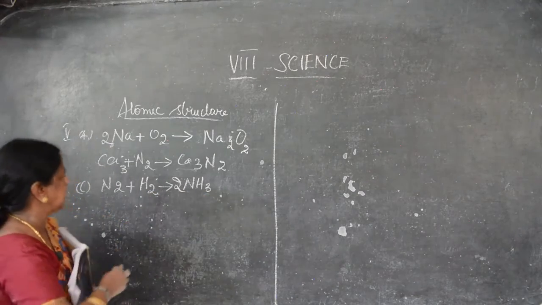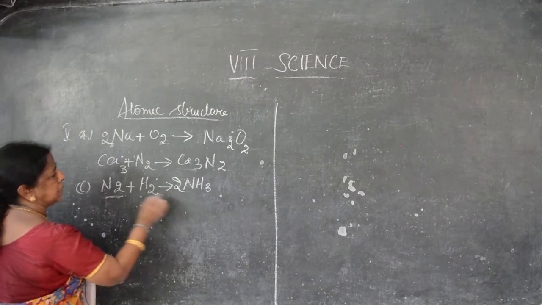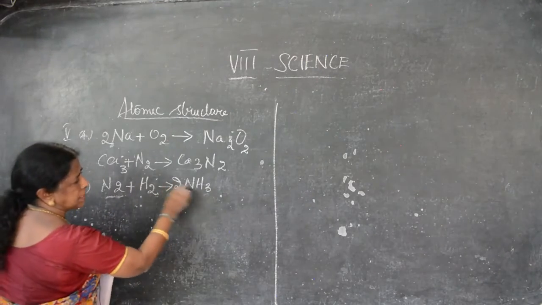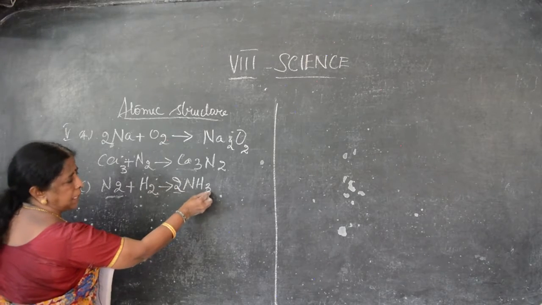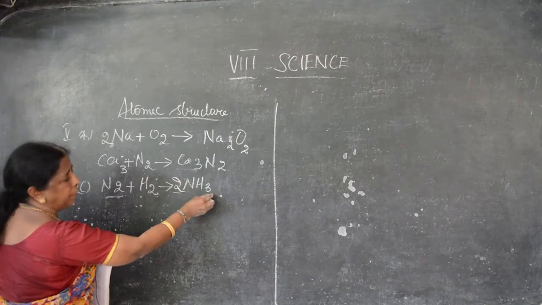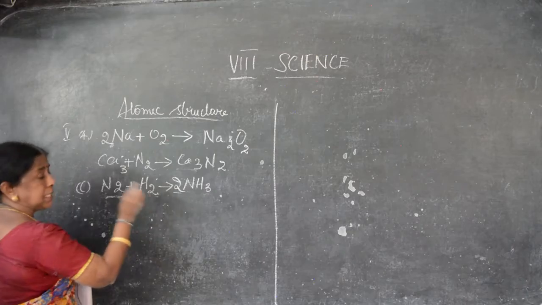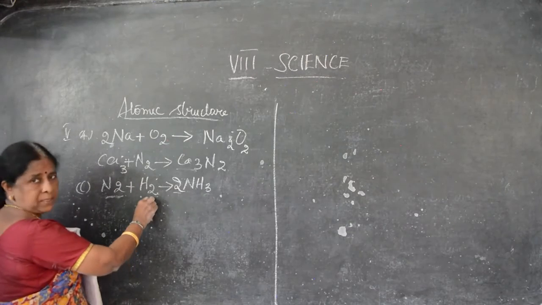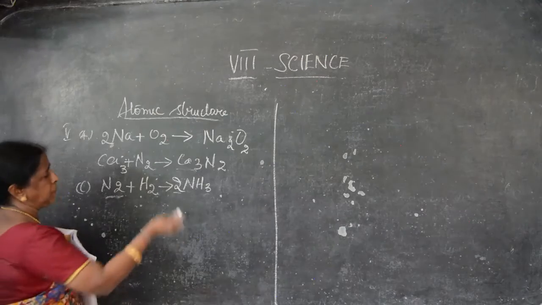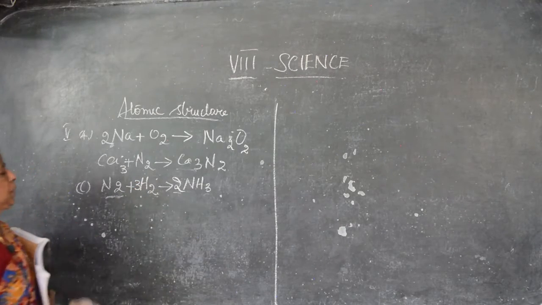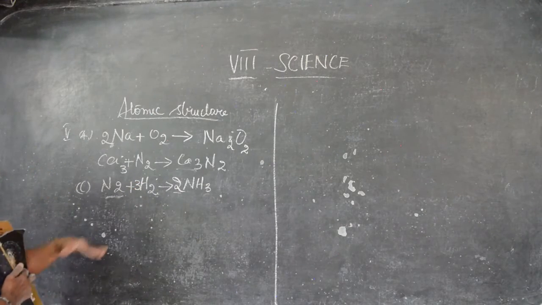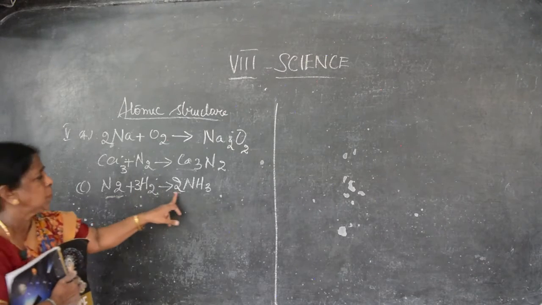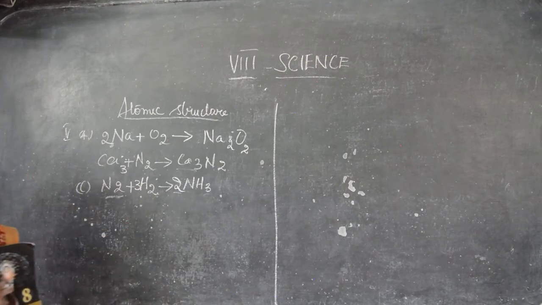Now, we balance nitrogen. Here, how many nitrogen? Here, 2 nitrogen. Here also 2 nitrogen. Then hydrogen, 2 3s are 6. In the products, 3 into 2, the number we have to multiply. So 2 3s are 6. 6 hydrogen atoms in the product. But in the reactant, only 2 hydrogen atoms. To make it 6, we have to write 3. So N2 plus 3H2 gives 2NH3, now see both are balanced. Nitrogen 2, 2 nitrogen. Hydrogen 3 2s are 6. Here also 2 3s are 6. So, this is ammonia balanced. Clear?